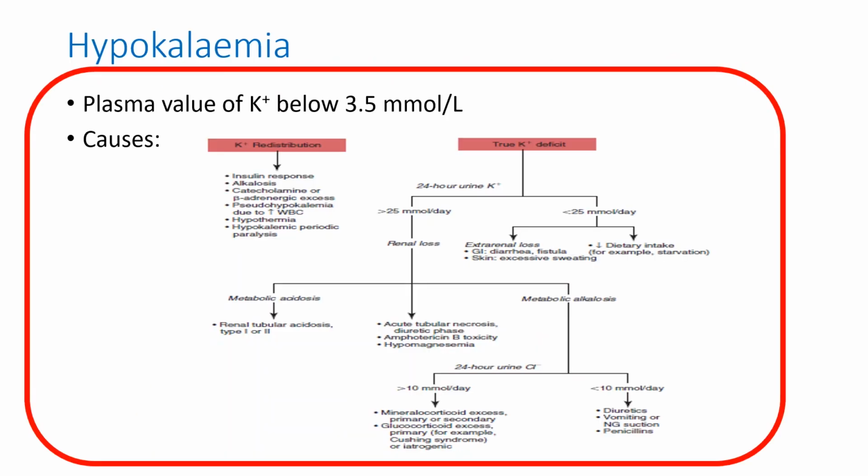Now, having talked about the metabolism and the regulatory mechanism of potassium, it is pertinent to state that there are some clinical conditions that can cause either an elevation or a reduction in potassium levels in the body. The reference interval of potassium is usually quoted to be between 3.5 to 5 millimoles per liter. So, any value above 5 millimoles per liter is hyperkalemia, while values below 3.5 millimoles per liter are called hypokalemia.